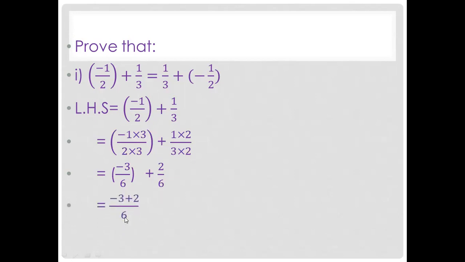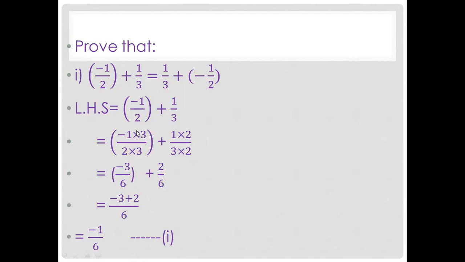So that means the LCM is 6. If we have addition, we write it 1 over 6 and minus 3 plus 2. You can do it directly. Remember, when one number is negative and the other number is positive, you always subtract them and put the sign of the greater number. So from 3 we subtract 2, we get 1, but with 1 we put a minus sign. The reason is that 3 is the greater number. So when we subtract, we put the sign of the greater number. So this is the first part.